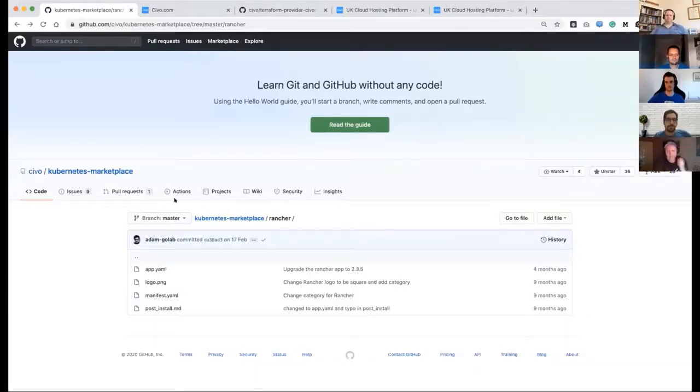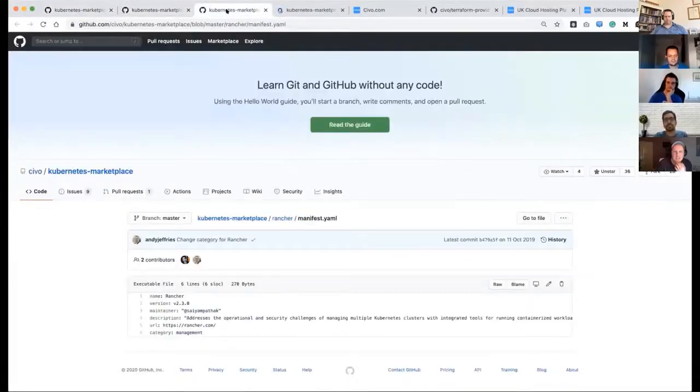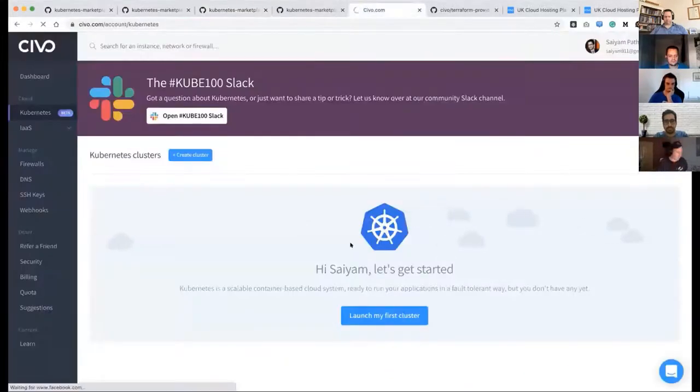Yeah, so as I was saying, you don't have to do much. It's just the Kubernetes marketplace app. You fork the repository and create your own application. First you give the application name, then you create your YAML files. First is the app.yaml. Logo is the simple logo of the application that you are putting inside the marketplace. Manifest is mandatory, and it connects internally with CVO and displays on the tile that I was showing.